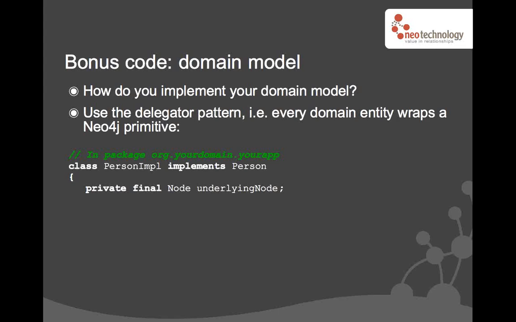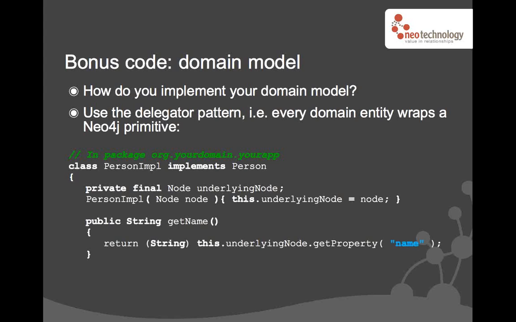Traditionally, if you wanted to store a person in a relational database using something like JPA or Hibernate in Java or whatever OR mapping layer, Active Record in Ruby, etc., then you would have an attribute here called name, a private String name. But with a graph database, the only attribute you have is a reference to the underlying graph. So you store all state in that underlying graph. You get this reference passed into the constructor at construction time, and then the getName method, which would look like return